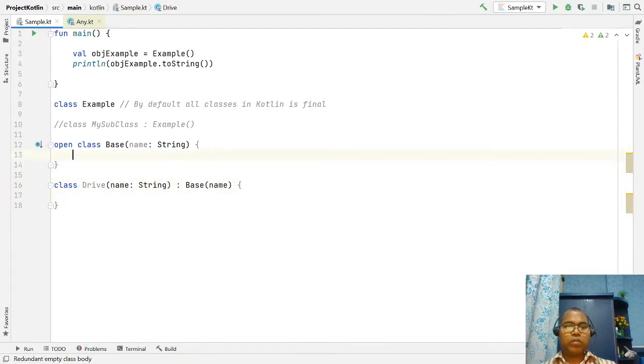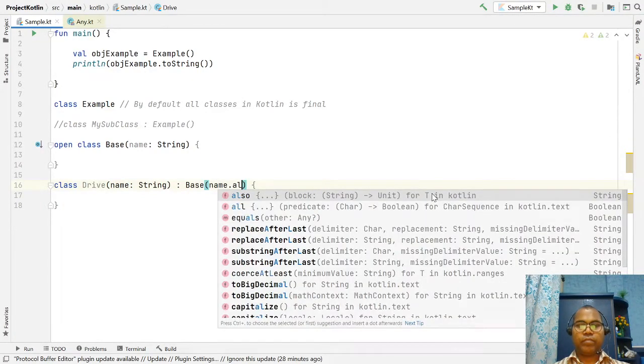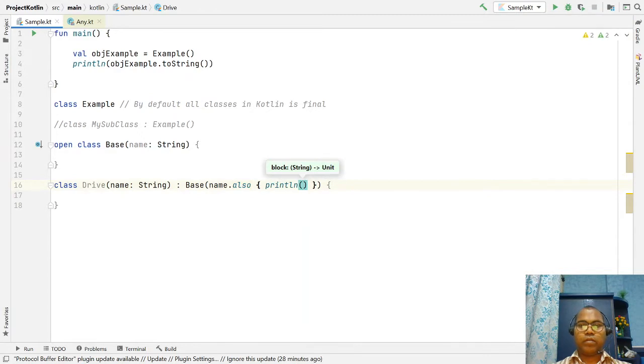Okay, so in this way you are able to set the base, and here with the dollar sign, whatever variable you pass.